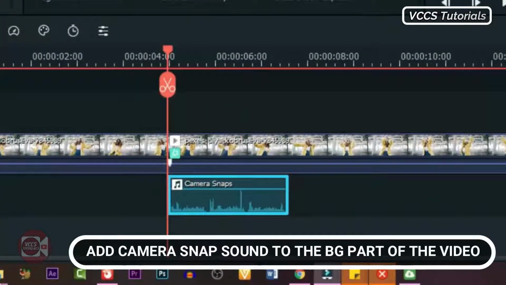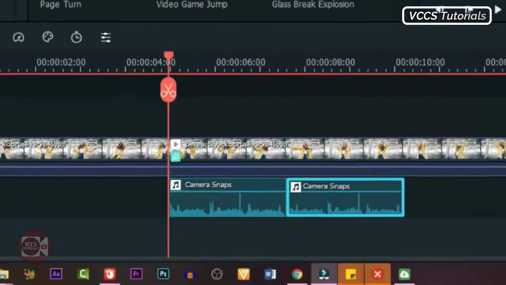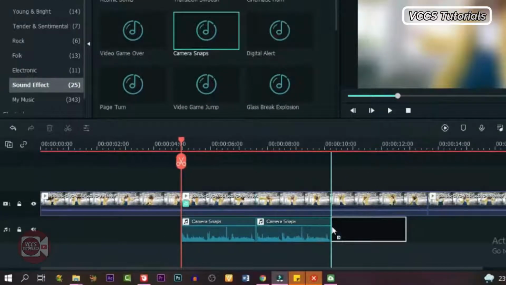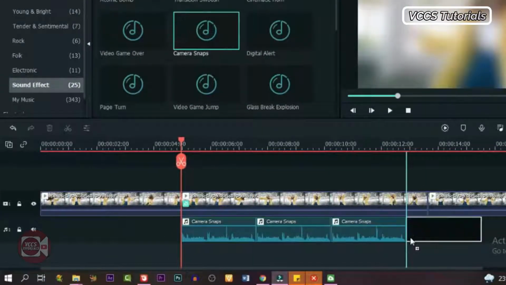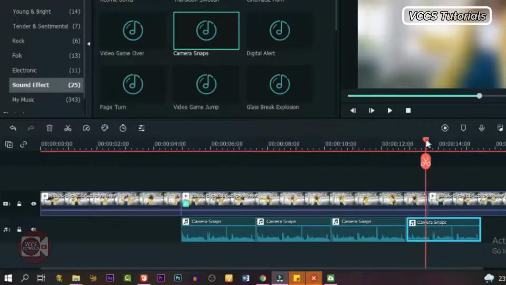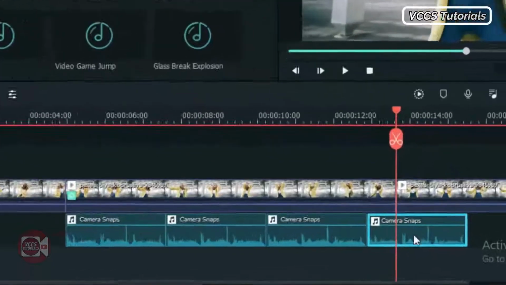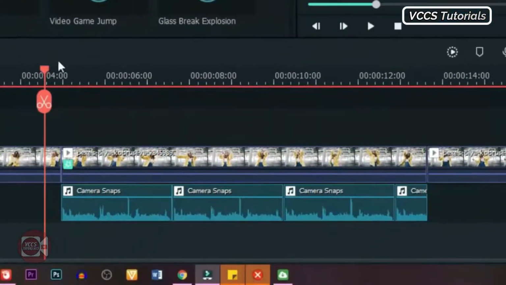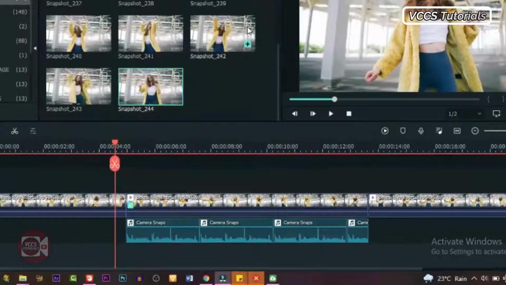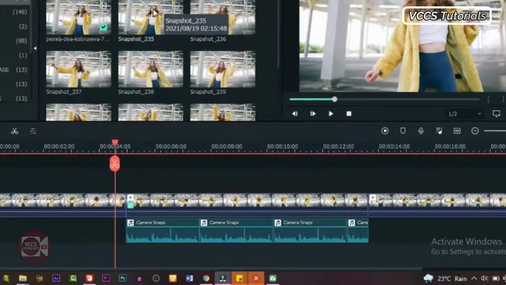Here it is. Just like I said, it's right there where you can just go and drag it down. So let's align it. Let's cover the middle, the background. Let's make sure the sound covers the background. And all you need to do is to duplicate it. So now that we have the sound, the next thing we need to do is to drag down